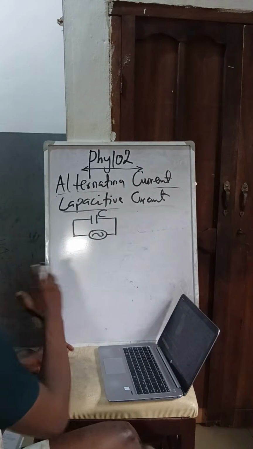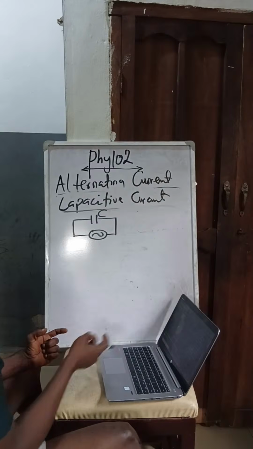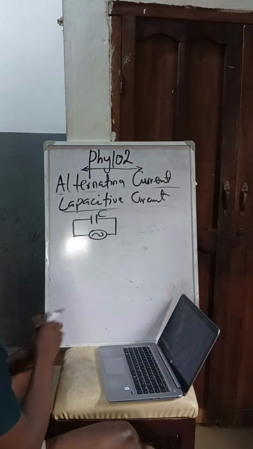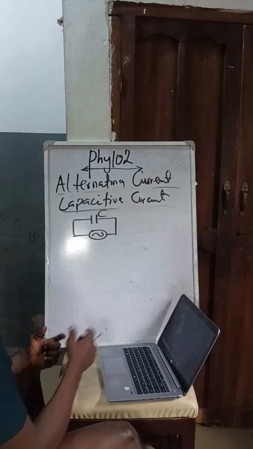It charges in one direction and then in another direction. So it doesn't charge in only one direction, it charges in both directions, because it is also what we call